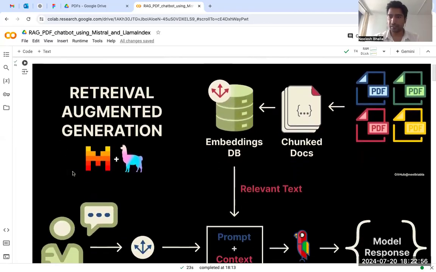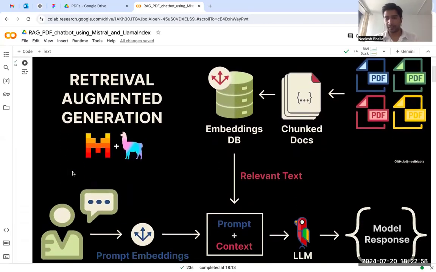So what is retrieval augmented generation? It is, as I said, a method which follows 3 steps. There is retrieval, there is augmentation, and there is generation. Retrieval is where you retrieve information from a data source. This data source can be PDFs, it can be Word documents, it can be HTML pages. So you retrieve information from these documents, and then